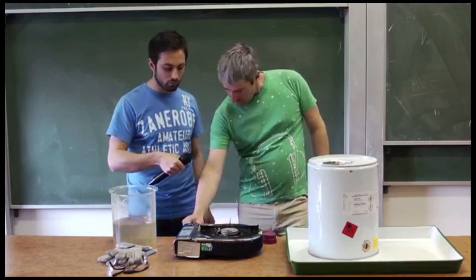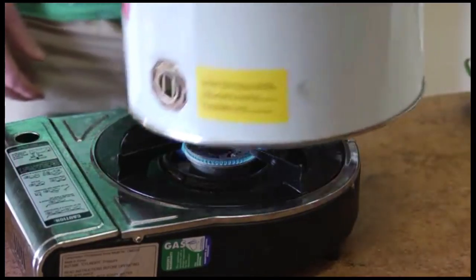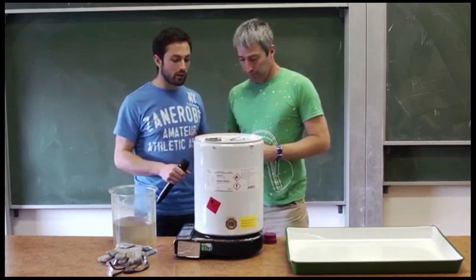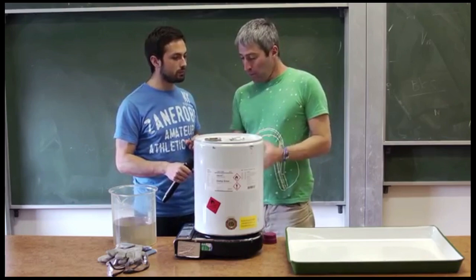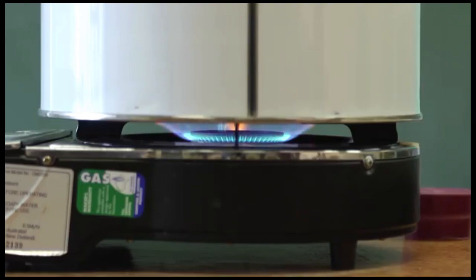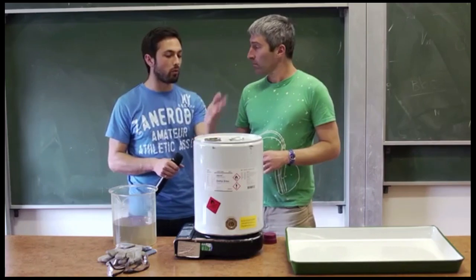Get it heating up. So we've got some water in the drum, and we're heating it up on this little gas stove here. That's right. And what is that doing for us? So the water will heat up and begin to boil. So it'll turn from liquid into a vapor. That vapor will push out some of the air. Okay, so basically we're going to remove the air from inside the drum and replace it with water vapor?